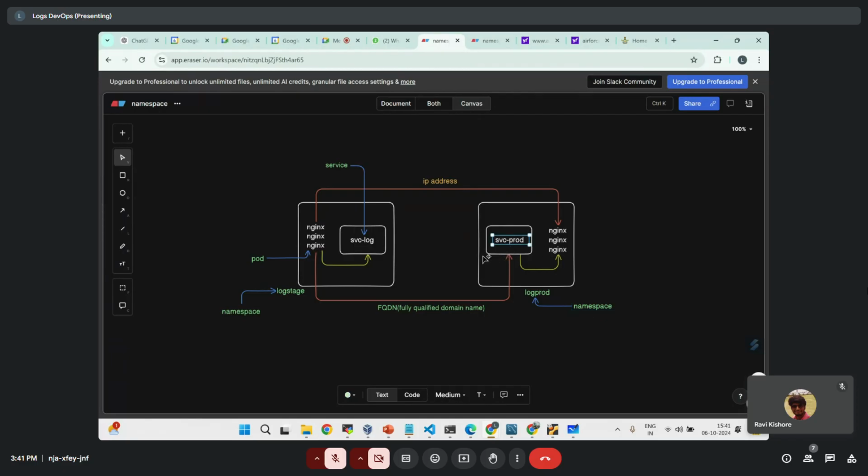Okay, one service. Now, a pod from this namespace. Whatever pod is available inside this namespace, this is the application pod of this namespace. Okay, log stage, and this one is the pod of this namespace, log production. Now if this pod wants to talk with this one,